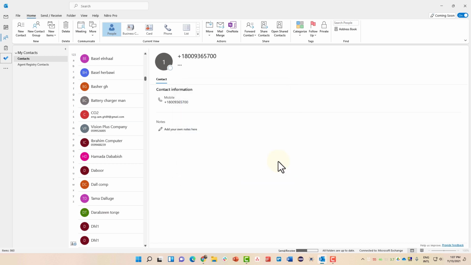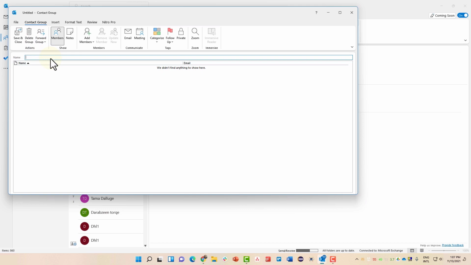Now, another thing is the contact group. Now, let's say that you work in a big company and there are 10 people who work in this company that you need to send new emails to, but you don't want to go through the hassle of adding their emails one by one. This is why we have the new contact group option. Simply hit new contact group, and in here you need to